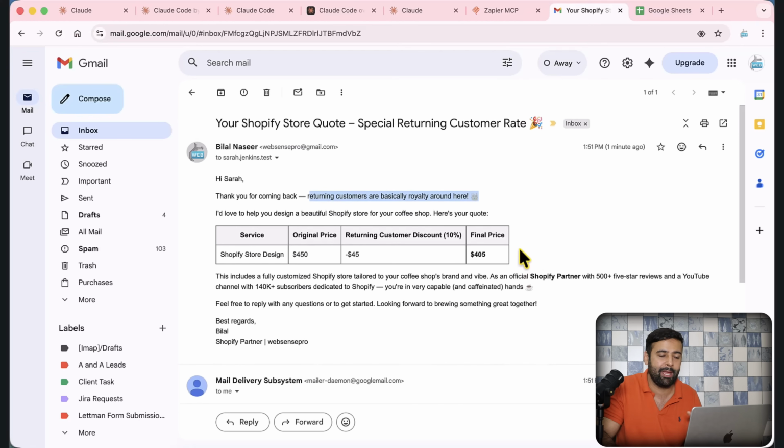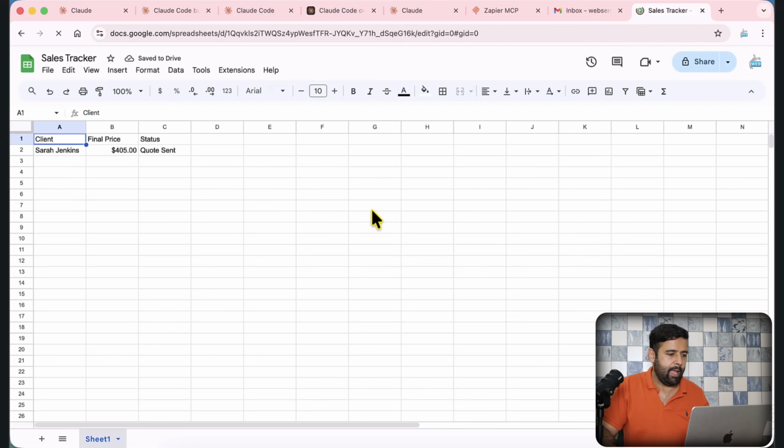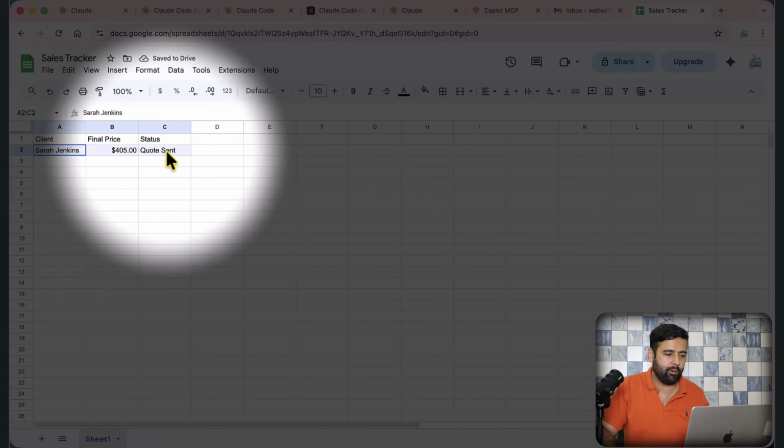I didn't have to manually go into Gmail, compose a new email and send an email. Also update that to sales tracker sheet. Okay, so let's open up sales tracker sheet. And you can see that Claude have added this entry. So it does all that stuff automatically using Zapier MCP, sending email and then updating it to Google Sheet. Now you can automate anything using Zapier MCP and Claude, and there are 8,000 plus tools available in Zapier MCP